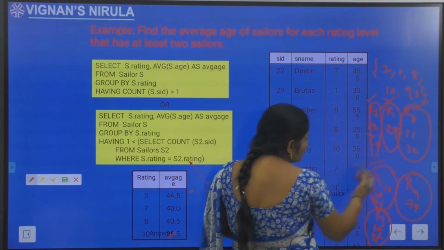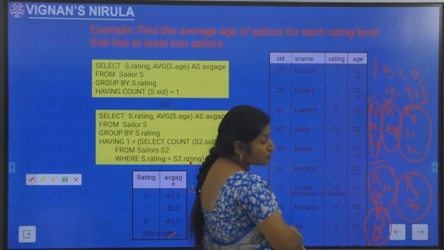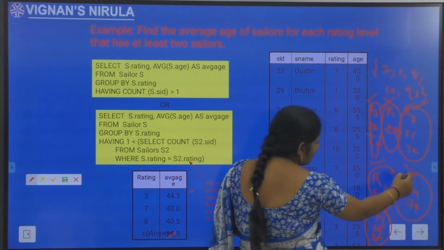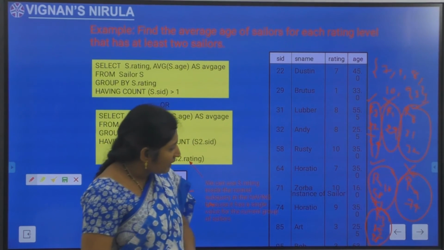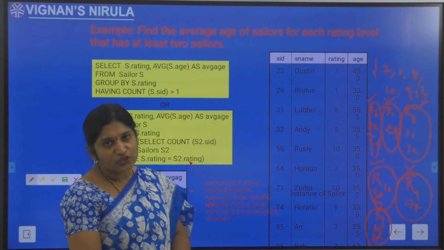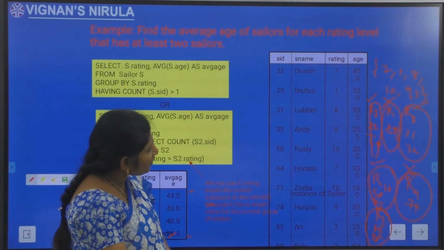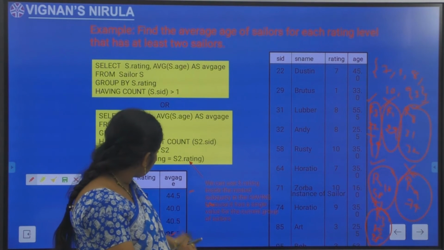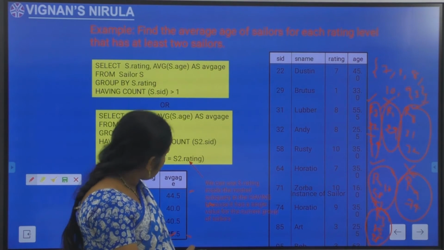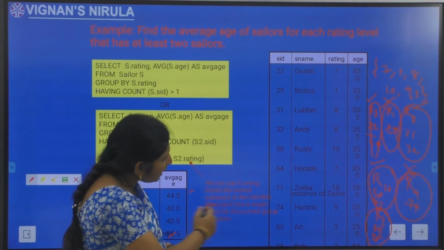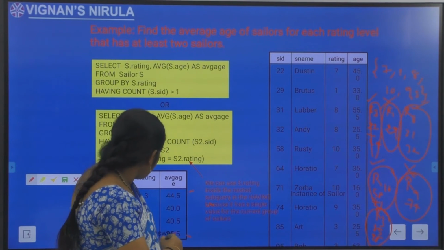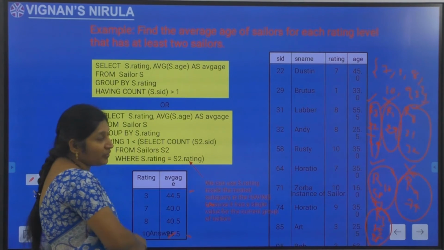R10 consists of 2 elements, so it is also satisfied. R9 has 1, so it should be discarded. R3 has 2, so it should be kept. So what groups have remained after the having clause? R7, R8, R10 and R3. So 4 groups have remained.